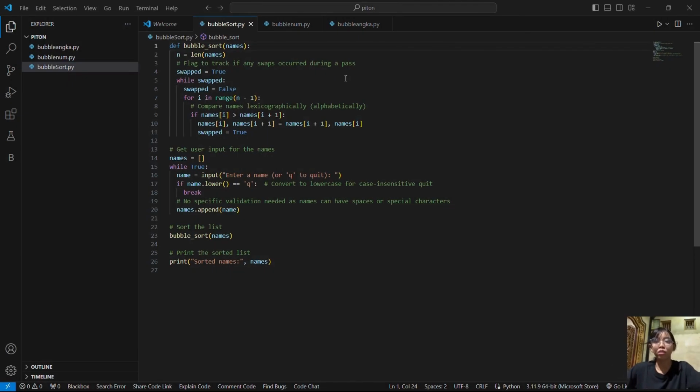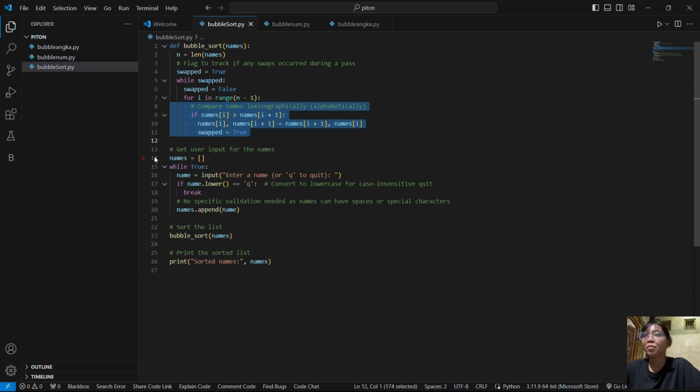Okay, the second code, this example is using names. The line of code is to flag to track if any swap occurred during a pass. And compare names lexicographically or alphabetically.